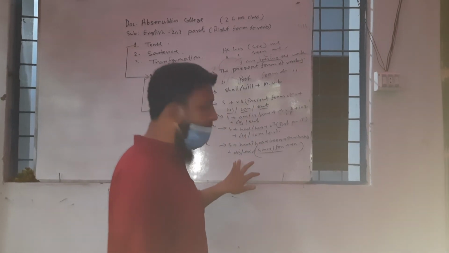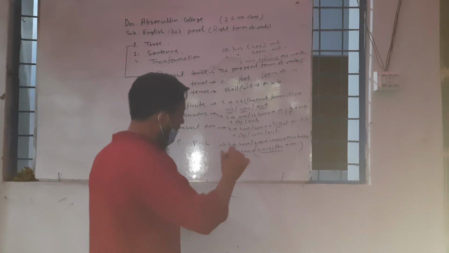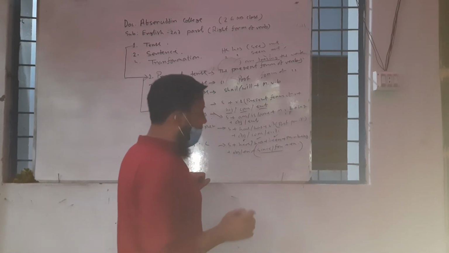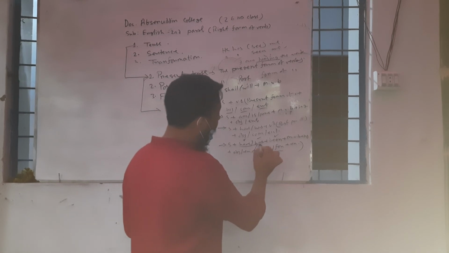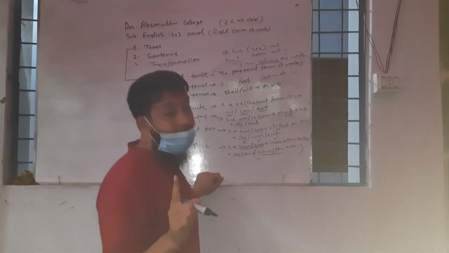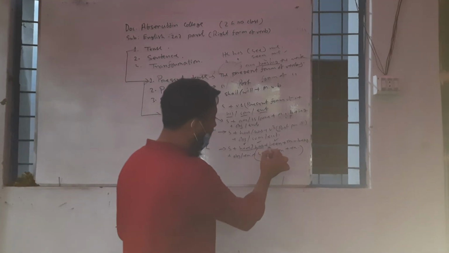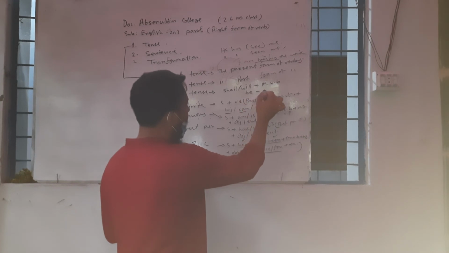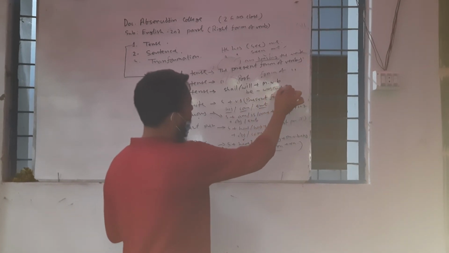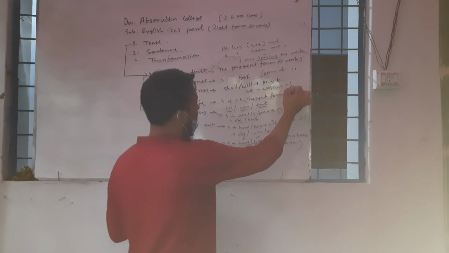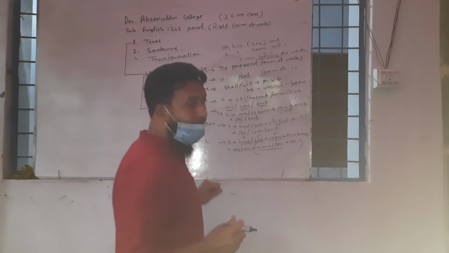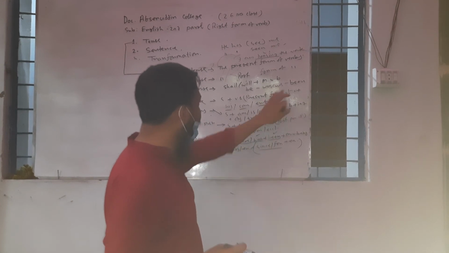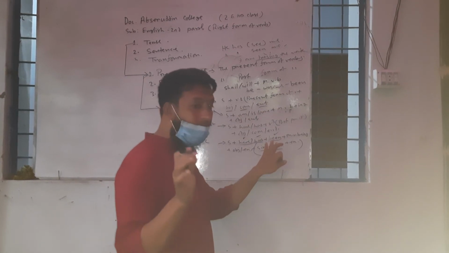So perfect and continuous means: perfect means have and has, and continuous means been. Using have and has, you must bring the participle form of the verb. So been is the participle form of the verb. How? Like this: be, was or were, been. So been is the past participle form of the verb be. So after have and has we have used been.